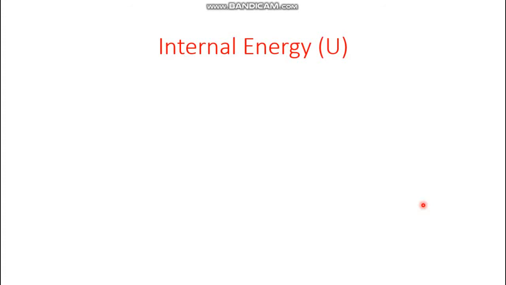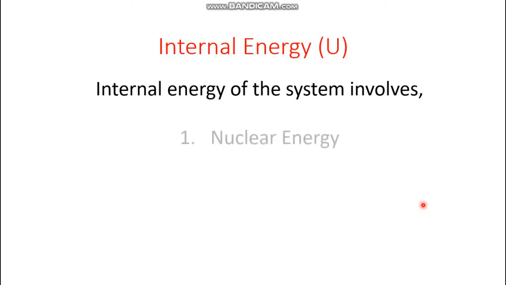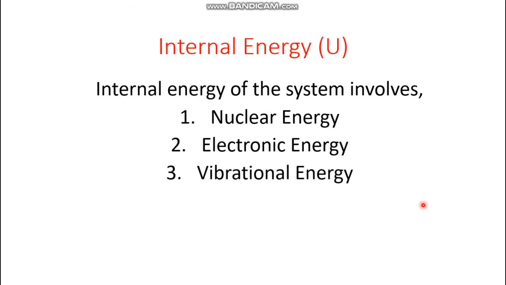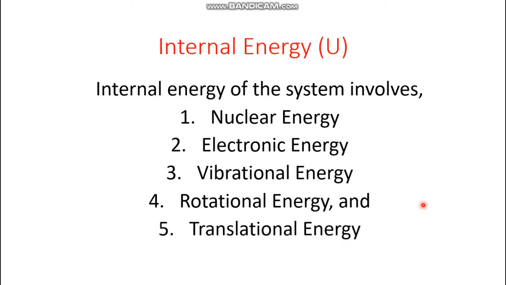Internal energy of a system is a very important thermodynamic function of a system. Internal energy of a system consists of 5 types of energy of the system. One is the nuclear energy, plus the electronic energy, plus the vibrational energy, plus the rotational energy, plus the translational energy. So the summation of these 5 types of energy